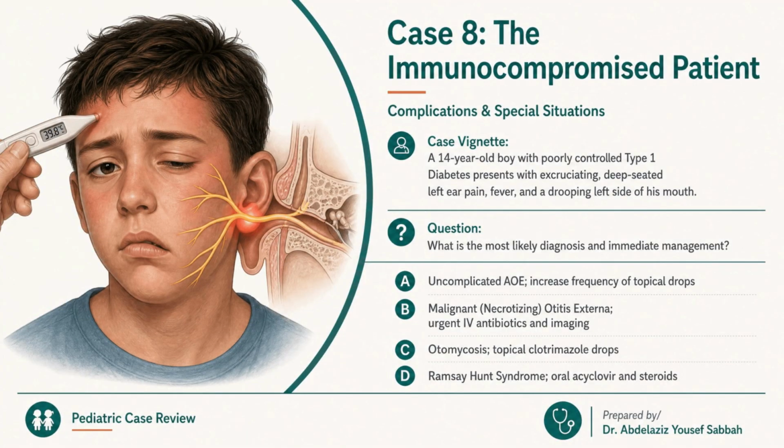Case 8. A 14-year-old boy with poorly controlled type 1 diabetes presents with excruciating deep-seated left ear pain, fever, and a drooping left side of his mouth. What is the most likely diagnosis and immediate management? Option A, uncomplicated acute otitis externa, increase frequency of topical drops. Option B, malignant, also known as necrotizing, otitis externa, urgent intravenous antibiotics and imaging. Option C, otomycosis, topical clotrimazole drops. Option D, Ramsay-Hunt syndrome, oral acyclovir and